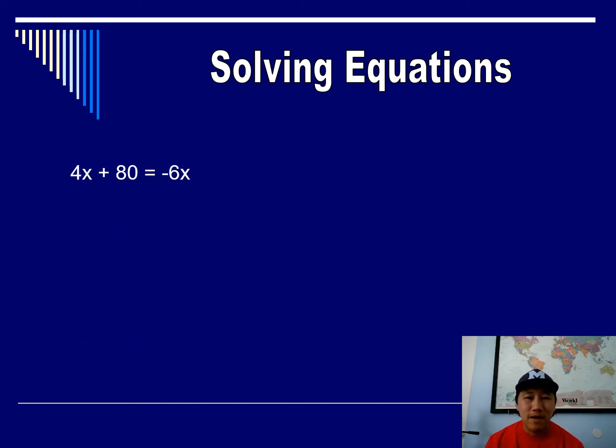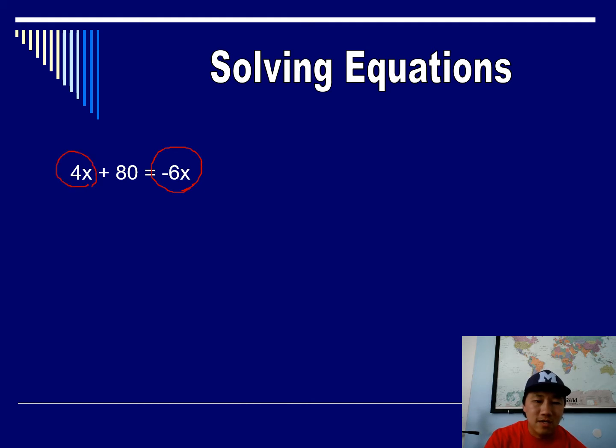We'll start off by giving you a very simple equation. Remember, equations are expressions with an equal sign in it that you have to solve for. Okay, in this case, we're solving for x. You guys know how to isolate the variable x by doing inverse operations to get to the answer. So the first thing we're going to do is